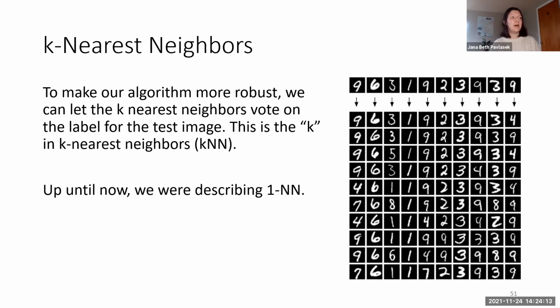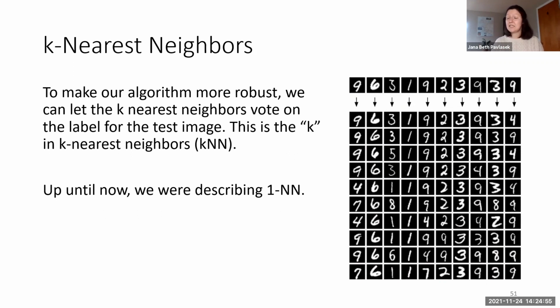So if we look at this example, most of these images would do pretty well if we did one nearest neighbor, but if we look at that last image there, the 9, the first nearest neighbor would actually be that 4 right there. There are actually 3 4s that are close to the 9, I think, if I can read that handwriting correctly. And then there are 7 9s in the k nearest neighbors. So if we used one nearest neighbor, that 9 would get labeled as a 4,